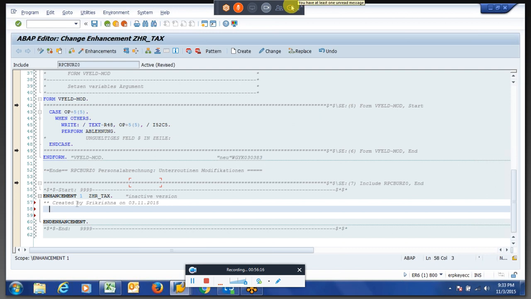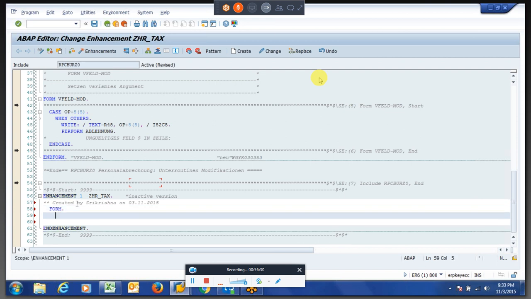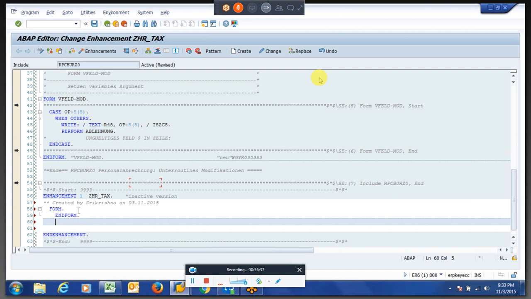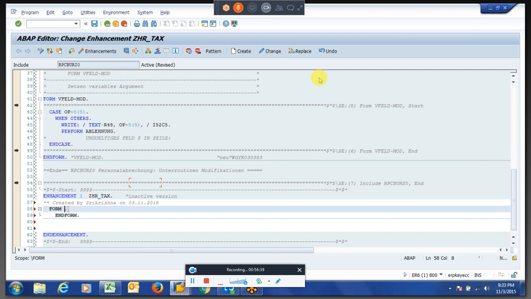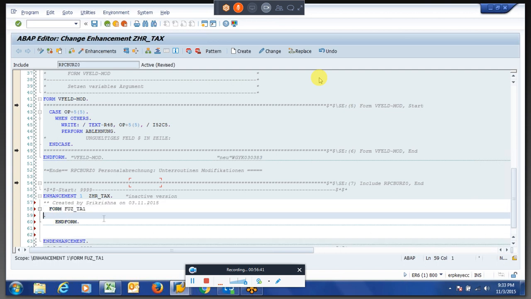And whenever you want to edit the logic from there, there are two things. Directly you can create a form, and form will start with endform. So here you will give the form name.